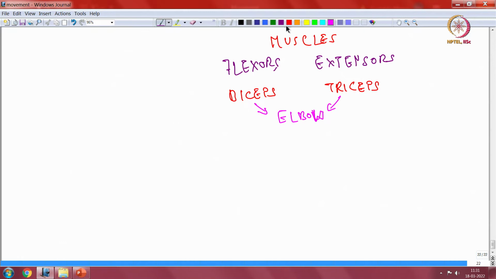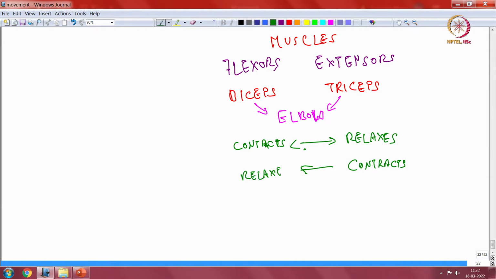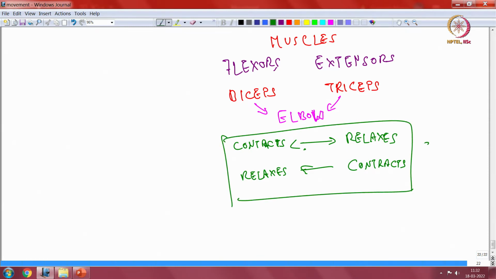Now, when biceps contracts, triceps relaxes and vice versa. So, when the triceps contracts, it causes relaxation in the biceps. So, this wiring is in the spinal cord. Okay, so that is how